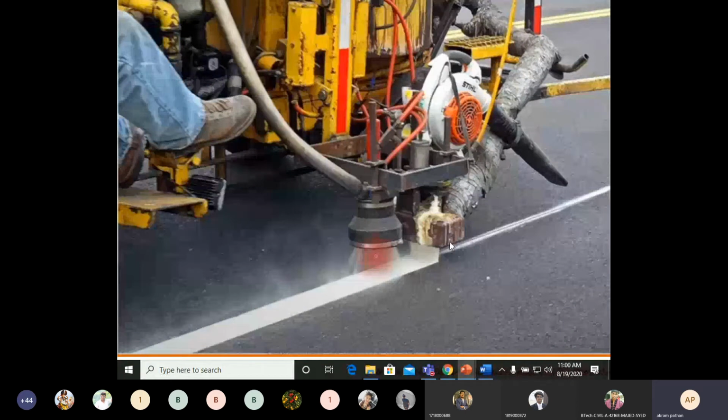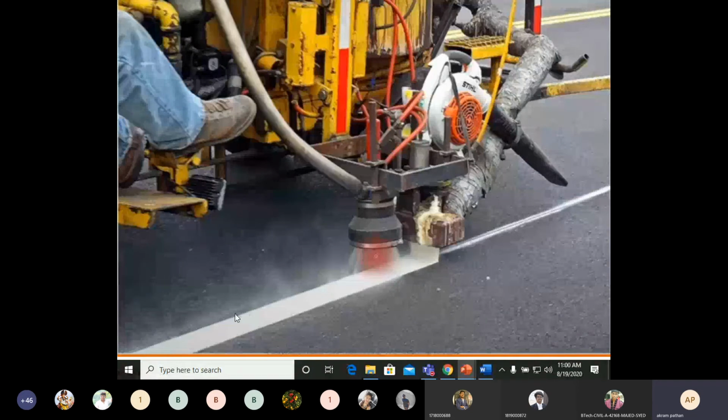See here, this is the machine generally used for making a divider strip on the road surface. So this is the area, or you can say the color.